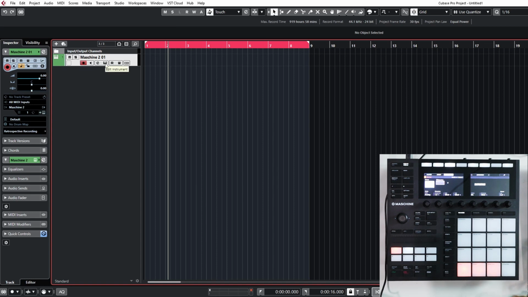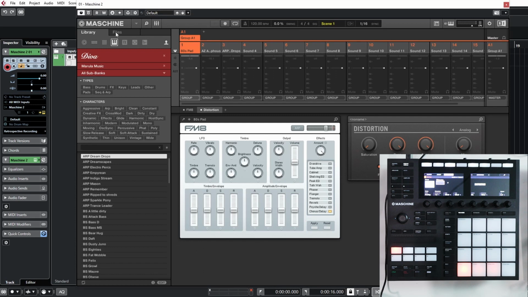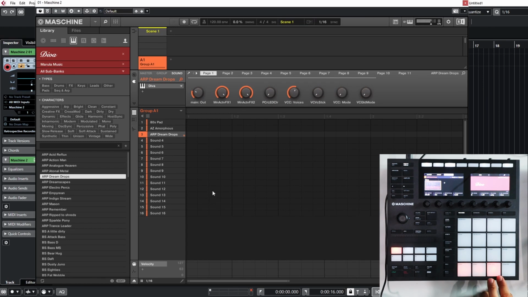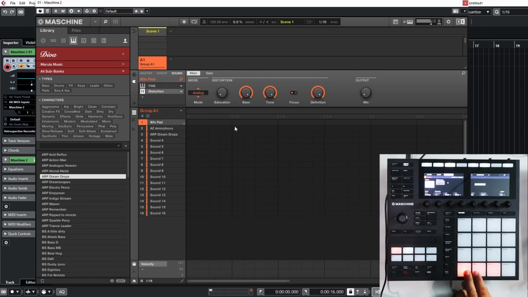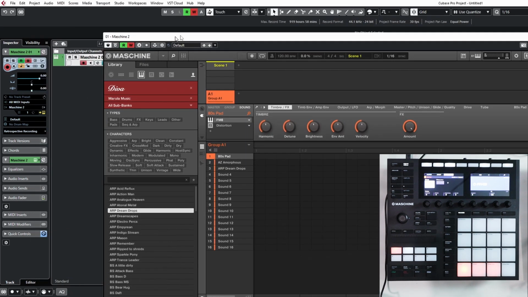Now the last thing I want to show you here, which I have seen quite a few people confused by, is what happens when you want to start automating stuff. So let's come back to our main view. Let's say we want to play around a little bit with this. Let's come back onto our FM8. Let's play around with the brightness, and we want to do that in Cubase. So normally what we do is we'd hit write, and